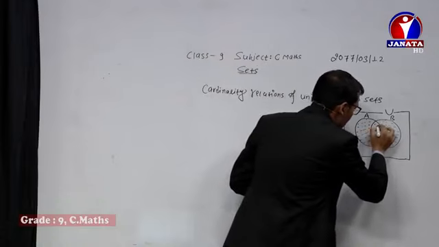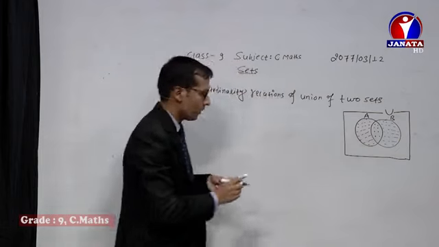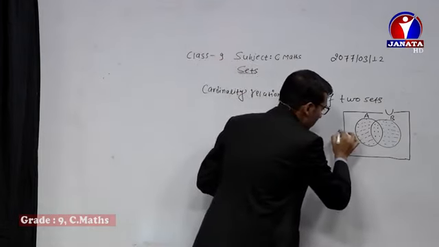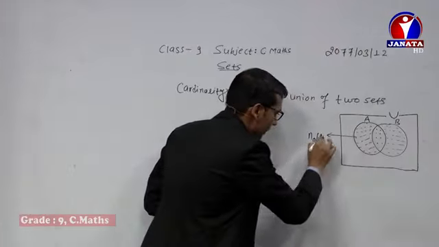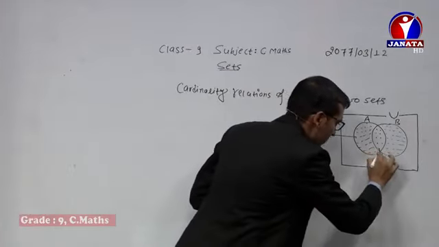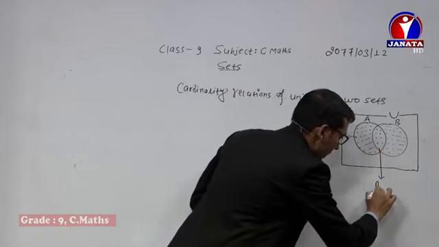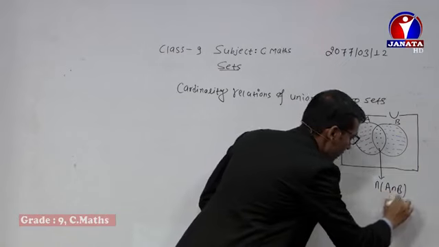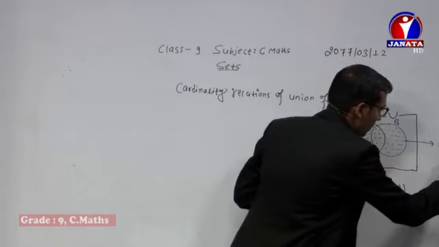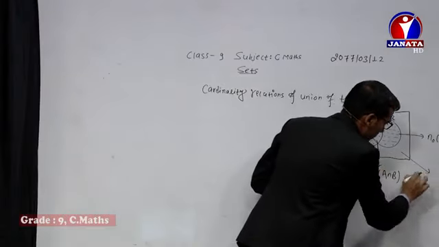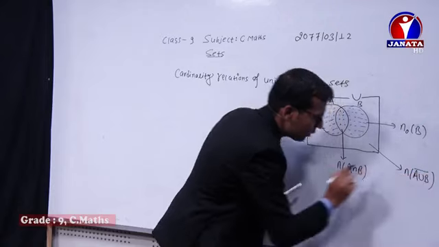So this is the common region, and we call it the intersection. What is the first region? This is n only A. The intersecting region or the common region in the diagram is called n of A intersection B. This is n only B, and this region is n of A union B